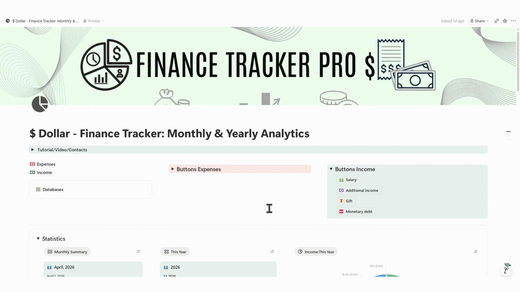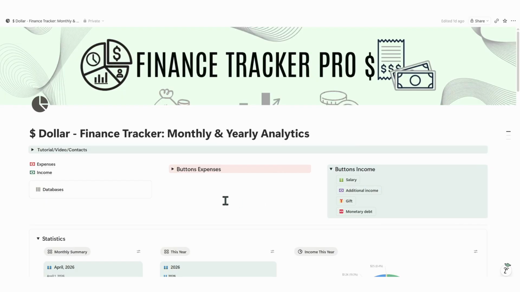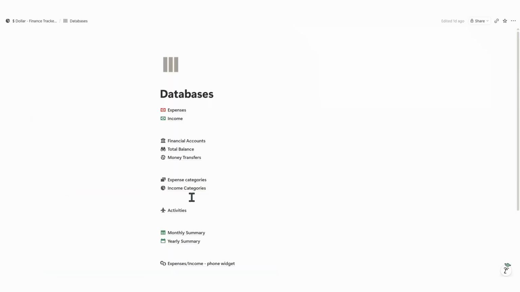And now my favorite part. You can never have too much analytics. That's why I love tracking activities. What is an activity? It's any event or project that includes different categories of spending during a specific period. For example, a trip, a business trip, a renovation, visiting friends or family, or anything else you want to track as a separate story. To add an activity, open the Activities database